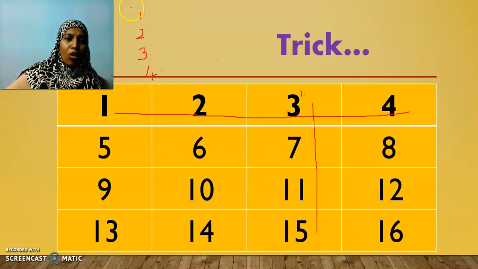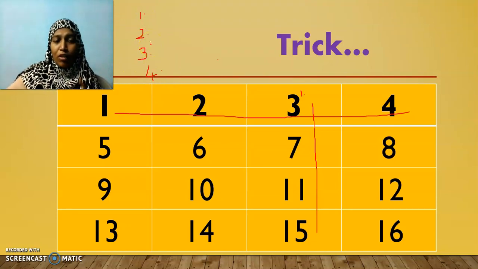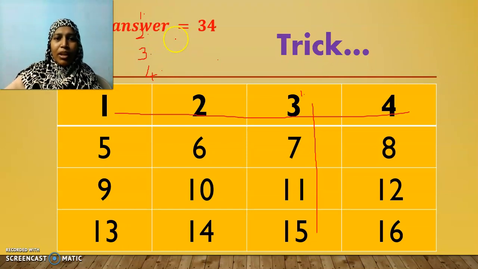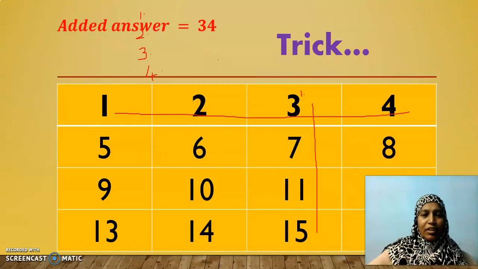Now add all the 4 numbers that you thought of. Each and every one would have thought of 4 different numbers. Yes or no? I am not worried about all the numbers that you have thought. See here, your added up answer will be 34. Surely your added answer will be 34. If you are not getting 34, the way you chose the numbers may be wrong. Try to redo it again and try to find what trick is behind it.